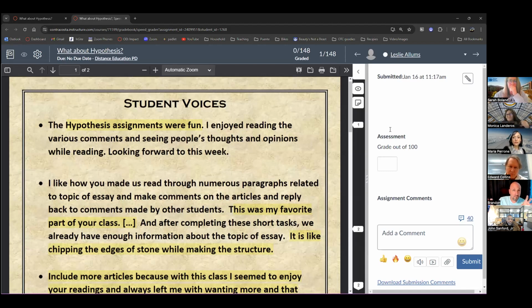You could also have them annotate websites. So you can put a URL in here and send them to a website, to a job search website or something of that nature to annotate. And new to this year is videos. I've not used the videos portion yet, but you can have students annotate videos. So there is a lot of things you can use and you can do with this.